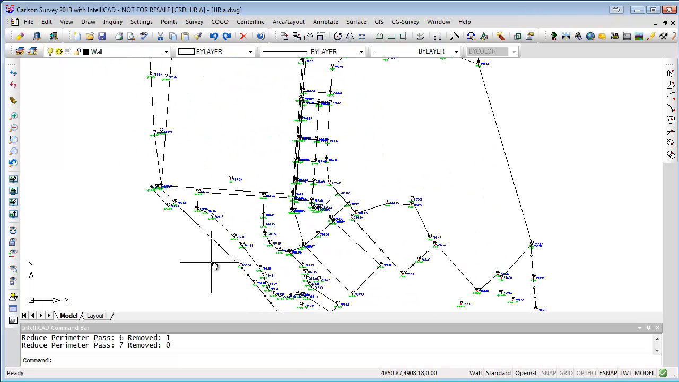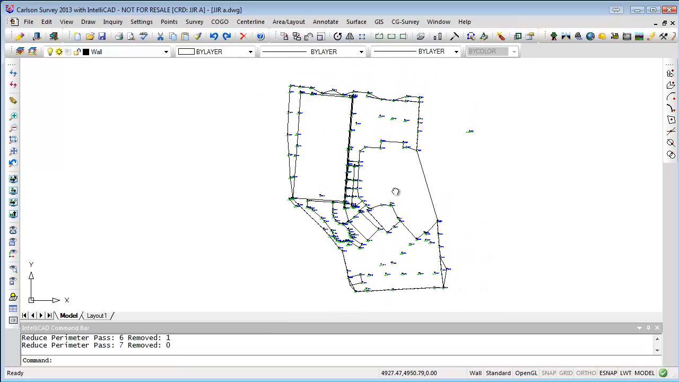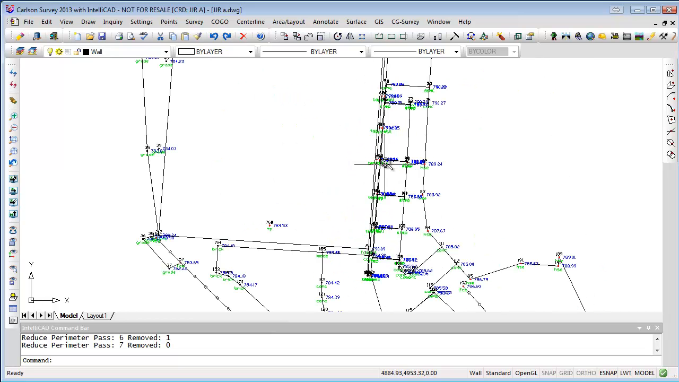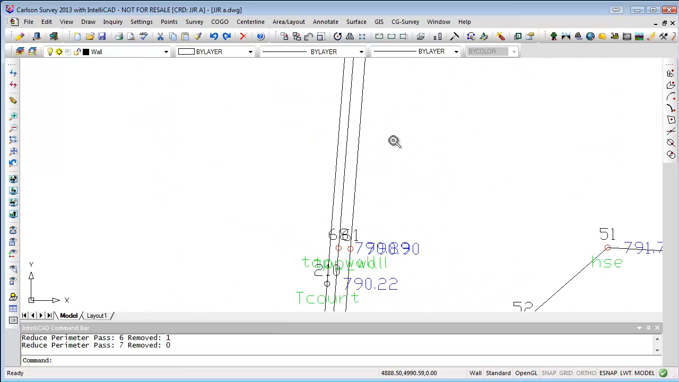To use as our inclusion-exclusion boundary line. Okay, so now we're ready to create our surface. We probably want to tag a couple or a few